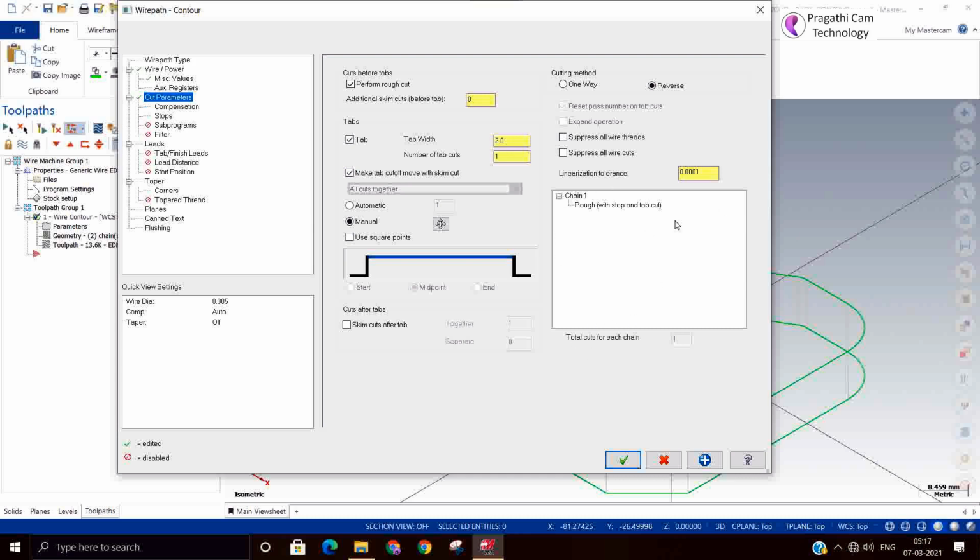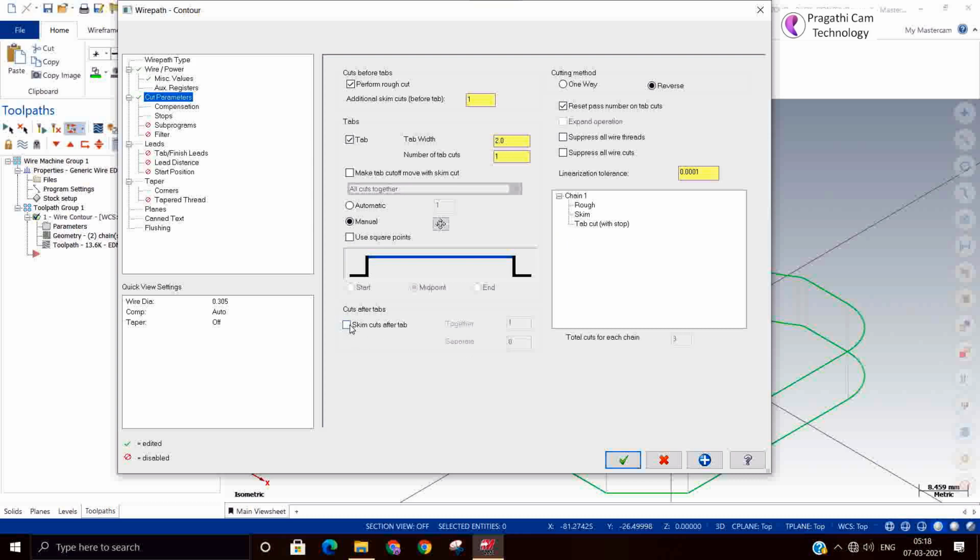You can see the operation sequence in this window. Now I added an additional skim cut, and the sequence will be visible here. So you can make the operation sequence as per your requirement.